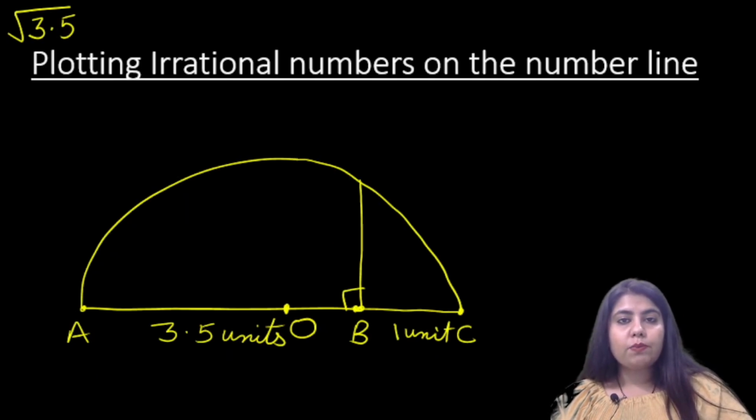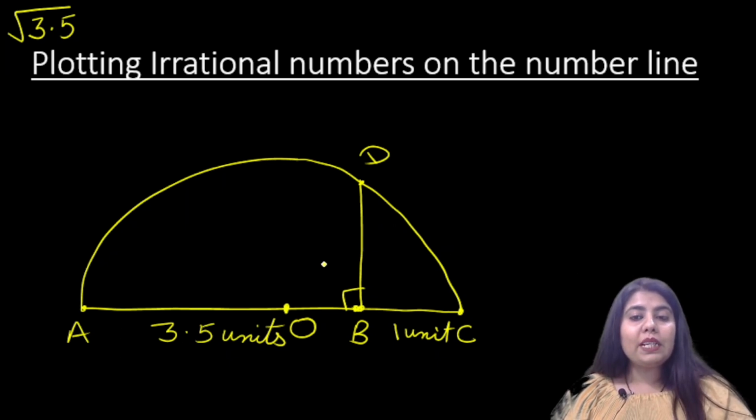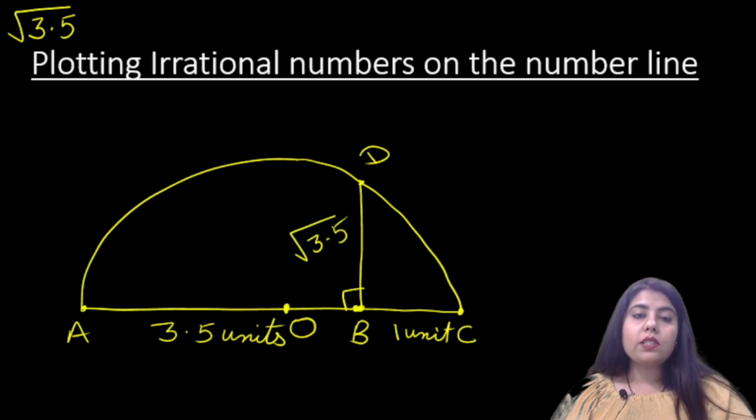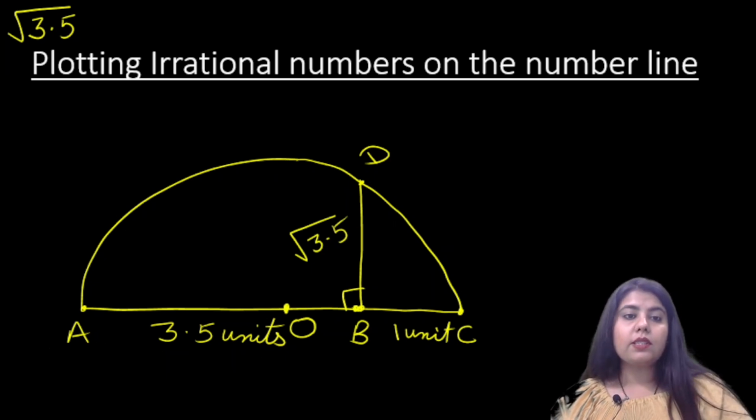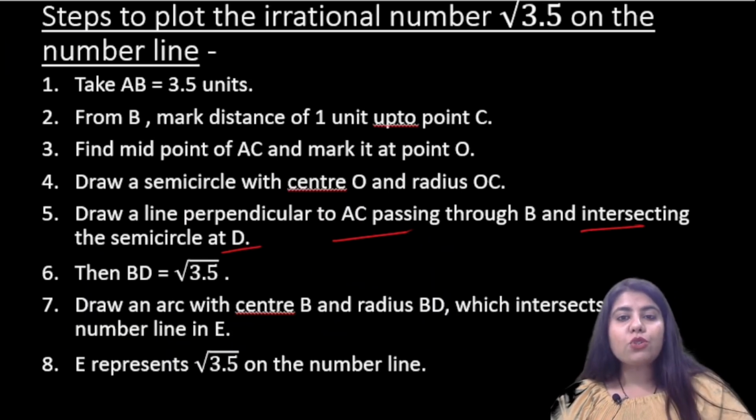we have to just mark this point as D, which is on the semicircle, where the line intersects the semicircle. Now this BD is square root 3.5 units. This BD we got is root 3.5. Okay, now we have to draw an arc with center B and radius BD, which intersects the number line in